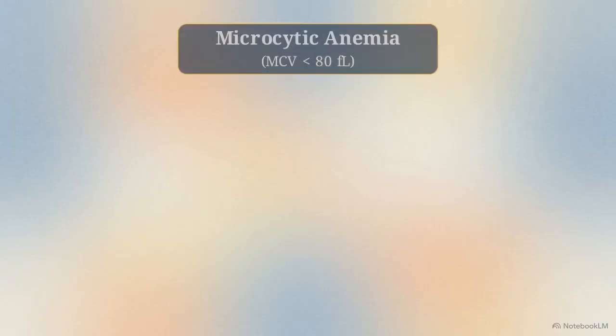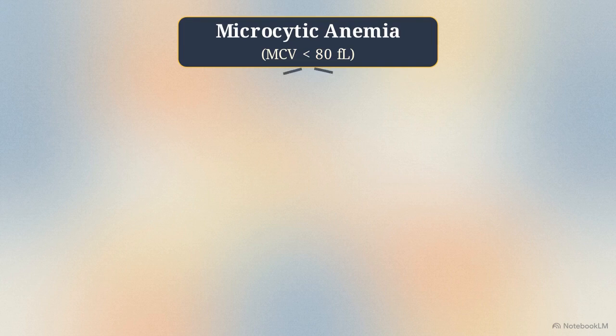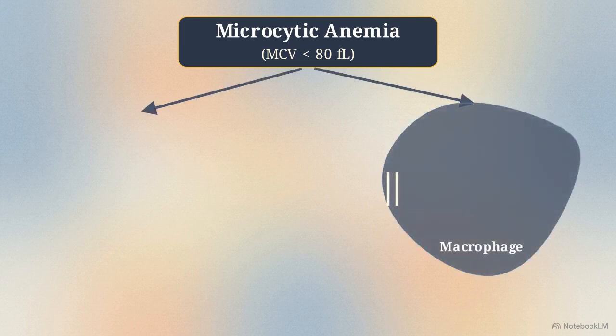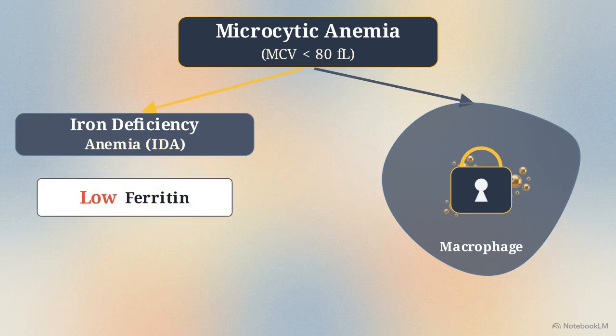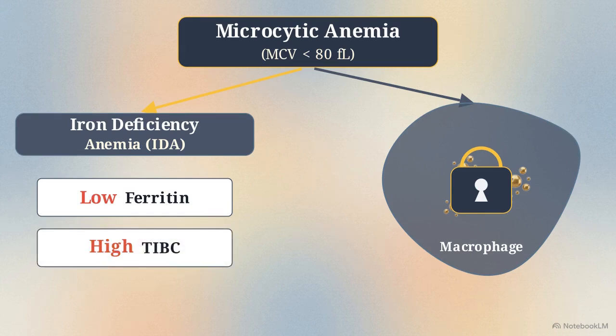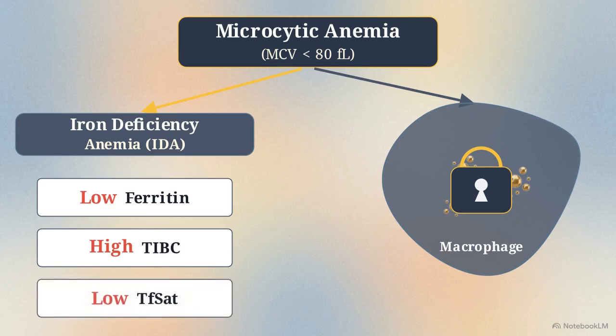This diagnostic flowchart branches downward from a low mean corpuscular volume to separate microcytic anemias based on how hepcidin alters cellular transport. High hepcidin degrades ferroportin export channels, actively trapping iron inside macrophages to starve invading pathogens. The classic presentation of true iron deficiency anemia isolates perfectly on this grid, characterized by exhausted storage pools resulting in low serum ferritin, an elevated total iron binding capacity as the body attempts to scavenge missing mineral, and a critically